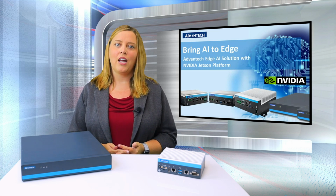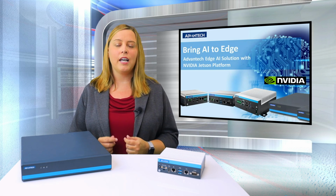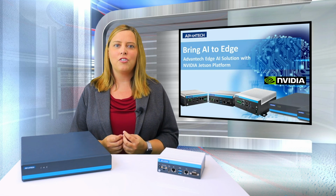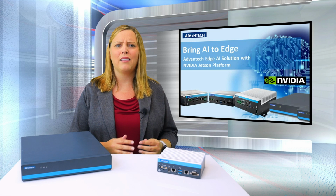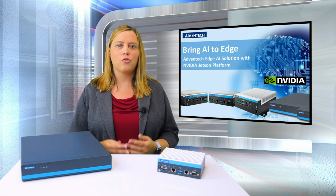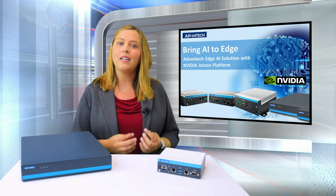The MIC 700 AI series, in essence, is an industrial box PC featuring NVIDIA Jetson platforms. Every option from Jetson Nano to TX2, Xavier NX, and AGX Xavier. Key features such as wide temperature support, wide power voltage support, fanless, and low power consumption make this an easy option for harsh environments. It also supports rich I/O expansion modules and add-on card expansion, which is specifically designed for